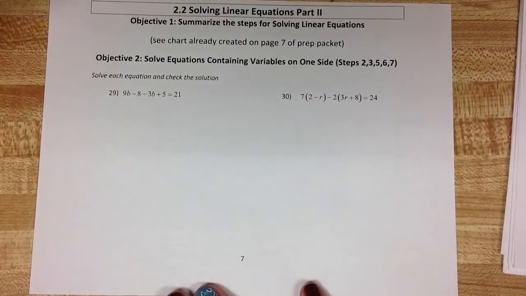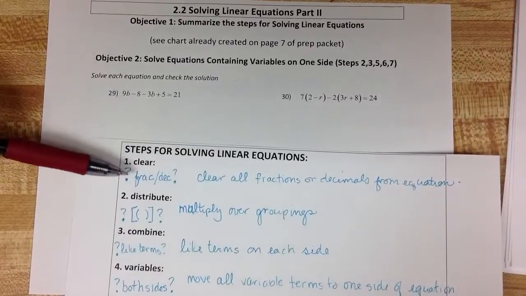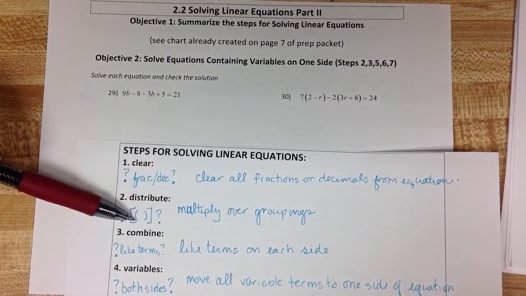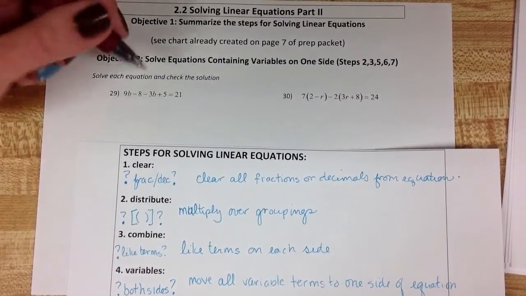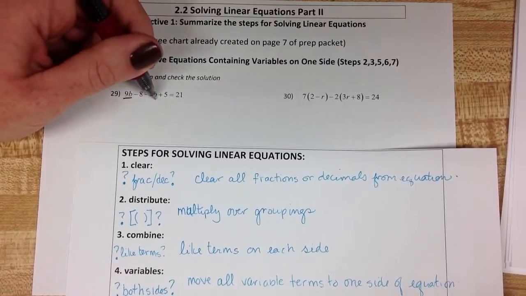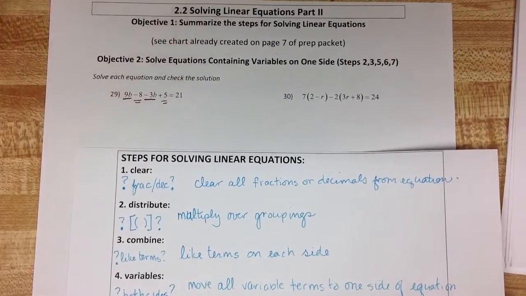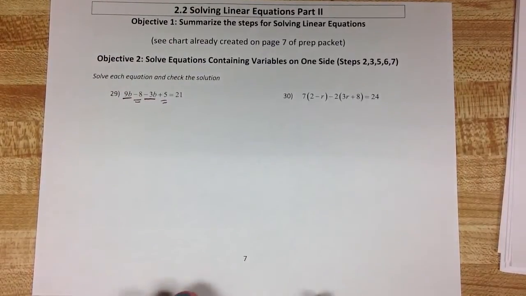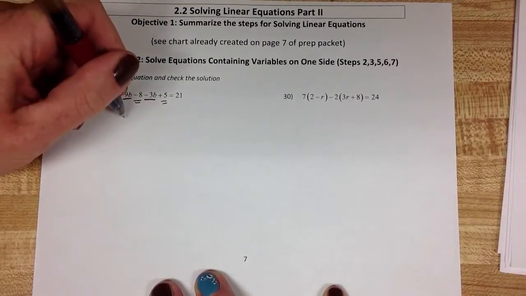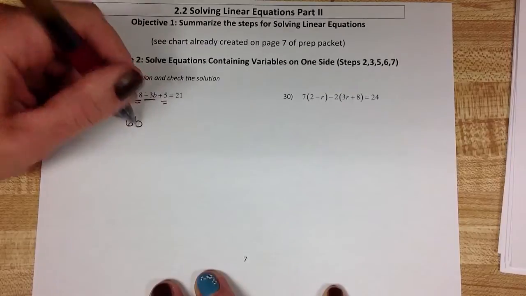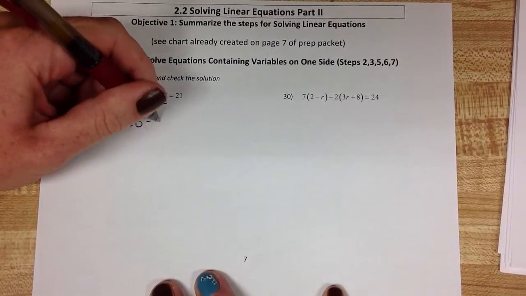To solve this equation, I go through my list of questions. We haven't seen fractions and decimals yet. We don't have any grouping symbols. So the next question to ask ourselves is, are there any like terms that we can combine? And I see a 9b and a negative 3b, then a negative 8 and a positive 5. So just like I did with expressions, I want to combine those like terms first. So 9b take away 3b is going to leave me with 6b's, and a minus 8 plus a 5 leaves me with a negative 3,